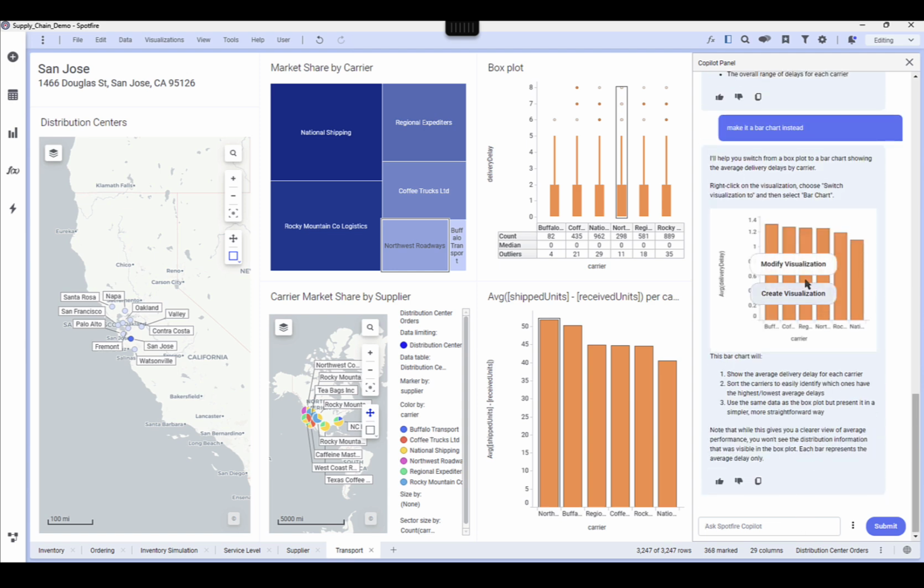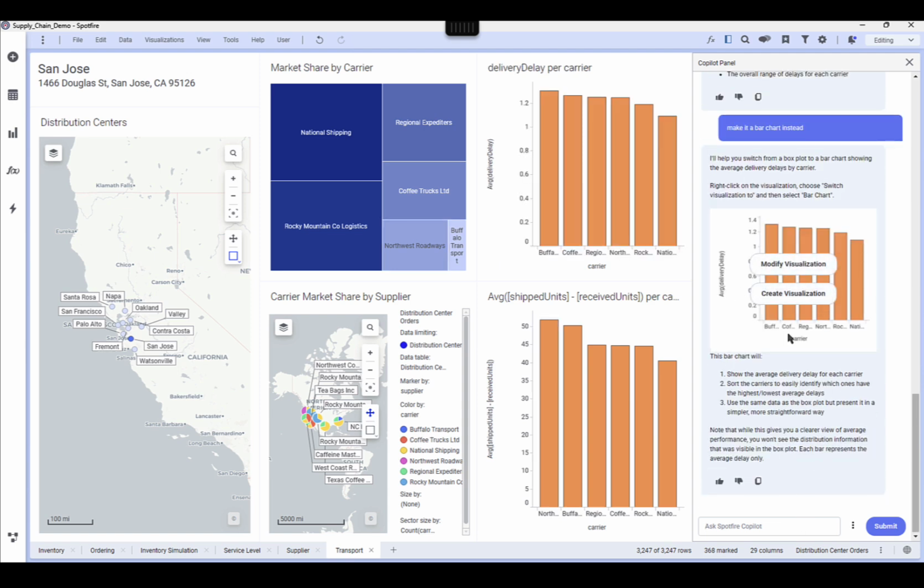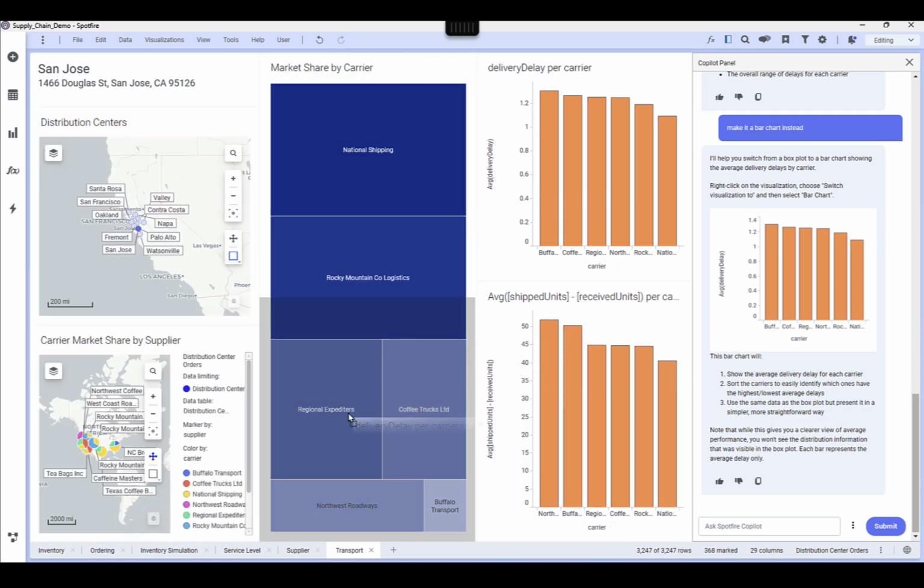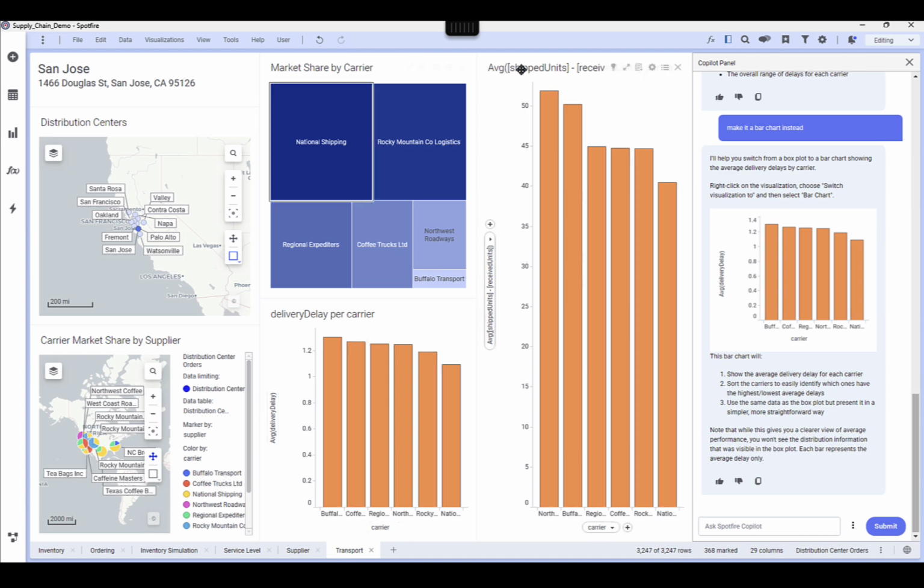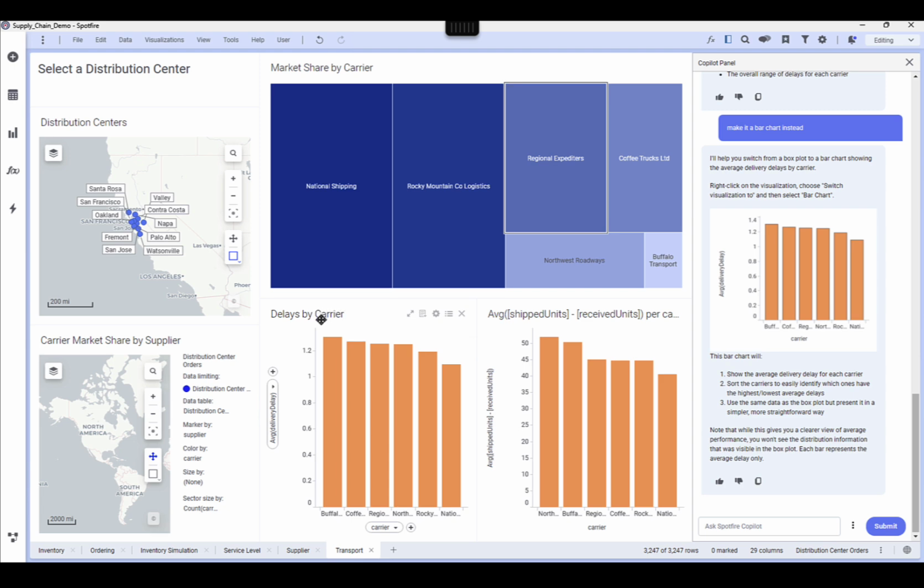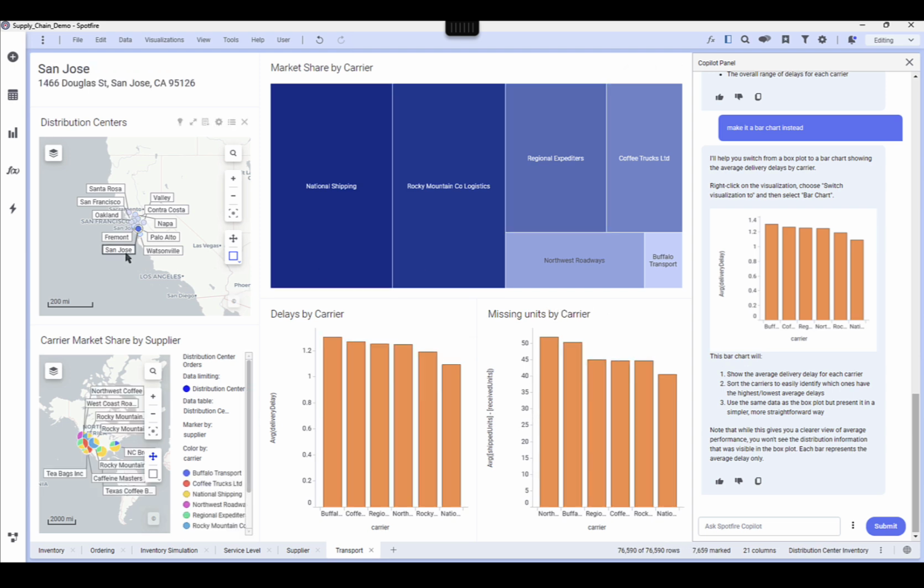So now I can modify it, and I have two consistent visualizations looking at the number of missing units, the discrepancies, and the delivery delays for each carrier. I'm just going to go ahead and change the titles of those visualizations so it's clear what each one is looking at. And I'm going to make some final adjustments, just making sure we're looking at San Jose, which is